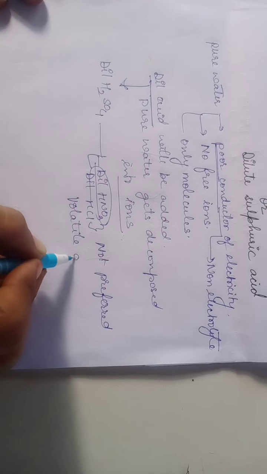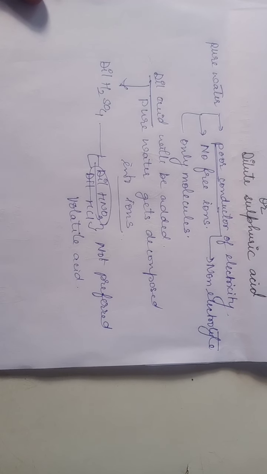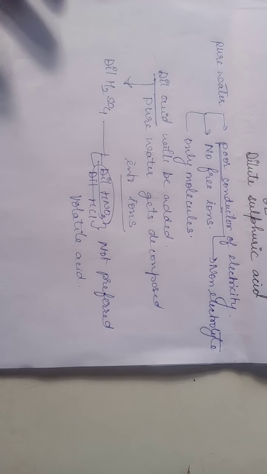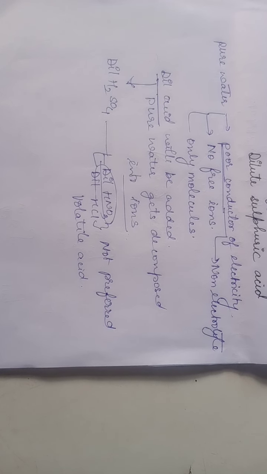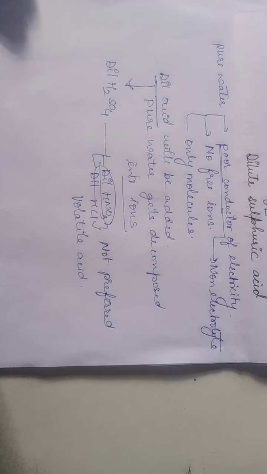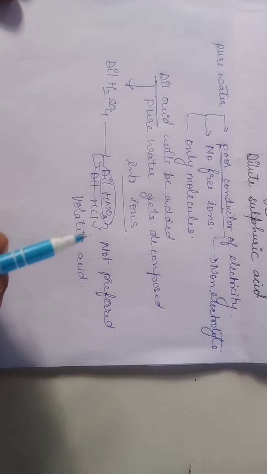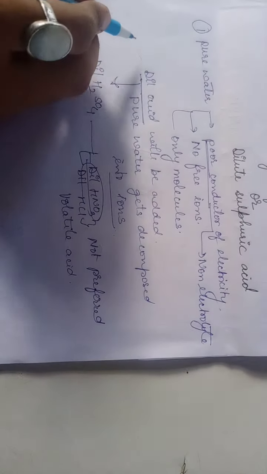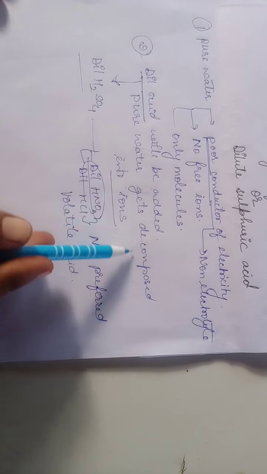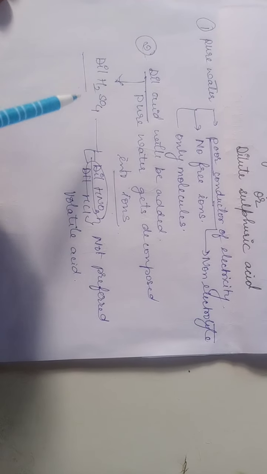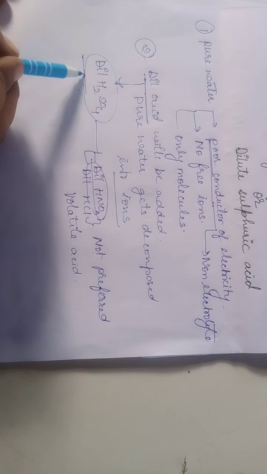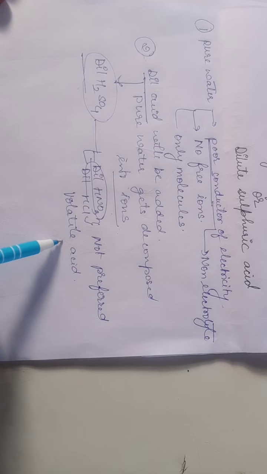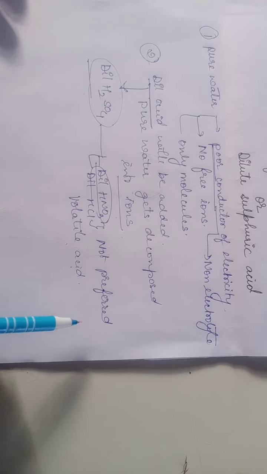They are volatile acids. Volatile means their vapors will also rise. So when the hydrogen and oxygen gas are collected, the vapors of these acids will also rise. Hence we prefer dilute sulfuric acid. I hope that it is clear to you. The first reason is pure water. Second, dilute acid is added to decompose the water into ions. Which dilute acid is preferred? Dilute sulfuric acid is preferred. Why are these other acids not preferred? Because they are volatile and their vapors also may rise.